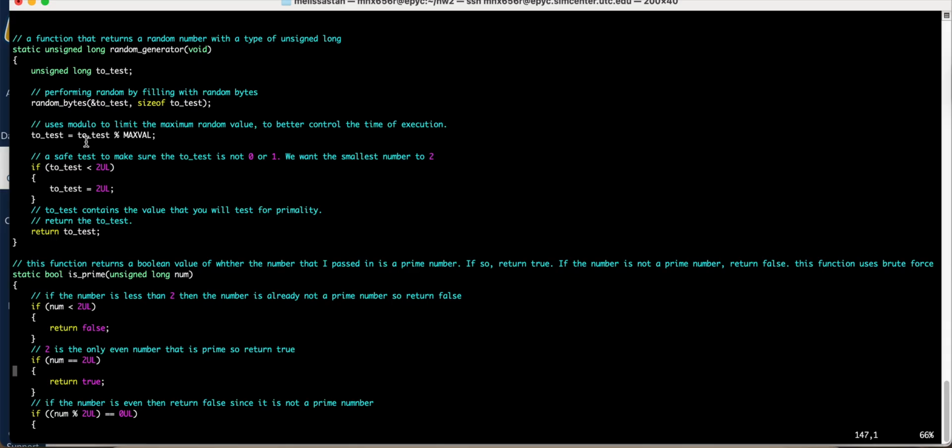We're going to assign it to doing the modulo of to test of a max val. And the point of this is just to limit the maximum random value, so we don't want it to go past the limit that we have set. And then finally, we're just going to make sure, again, the point of this code is to see if something is